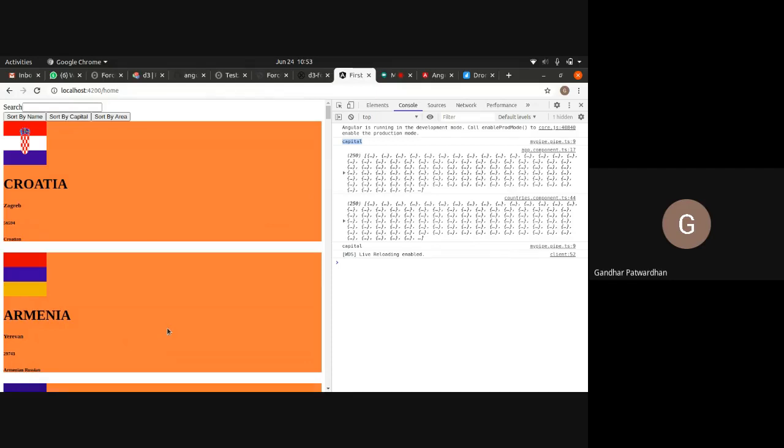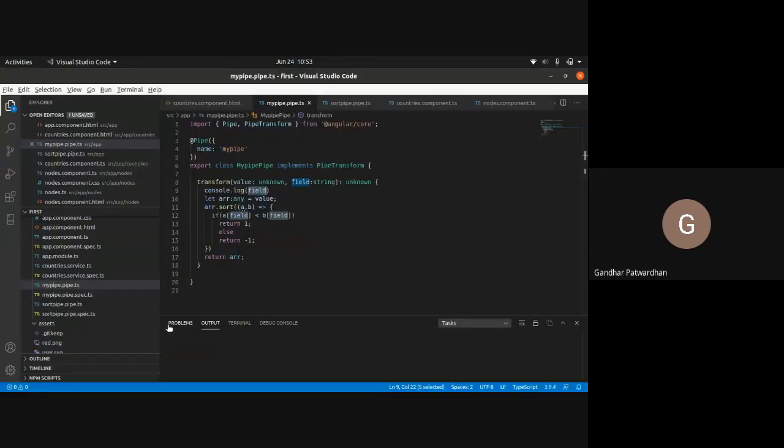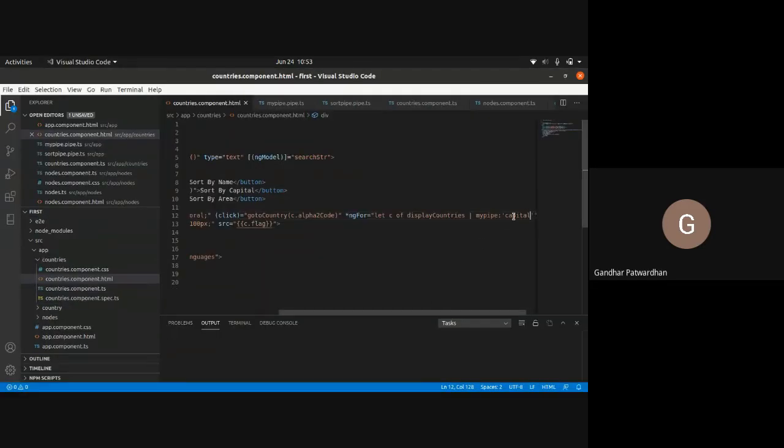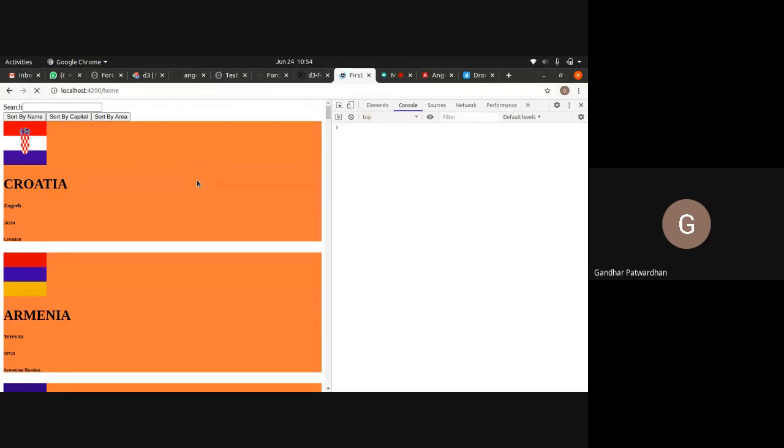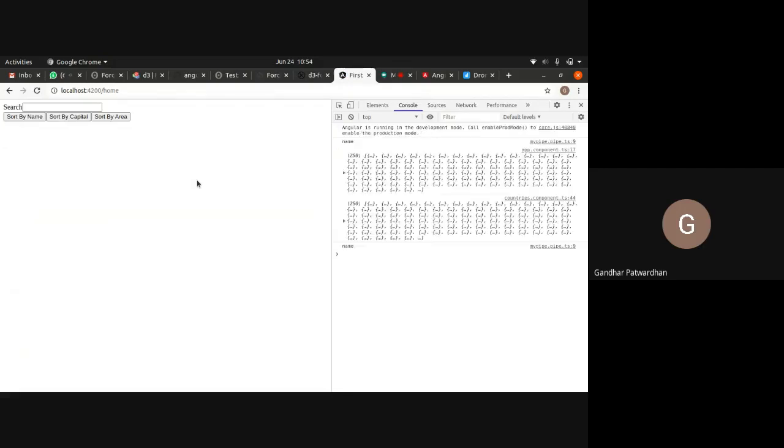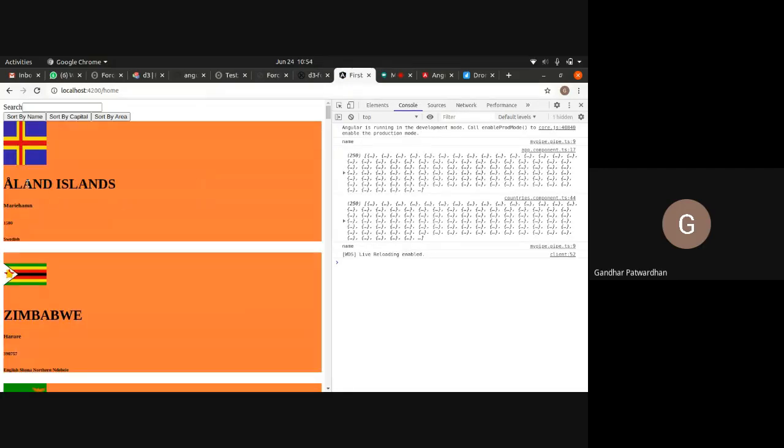Now instead of capital, let's say you have to sort on the basis of name. Instead of capital, I'll pass name. Now let's see if it works. Right, it again sorted on the basis of name.